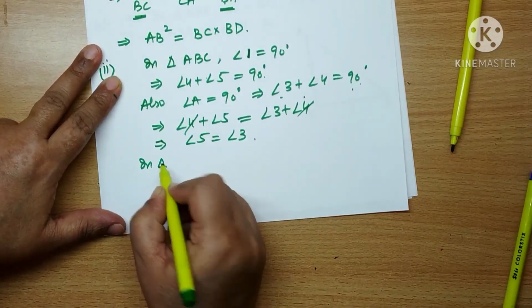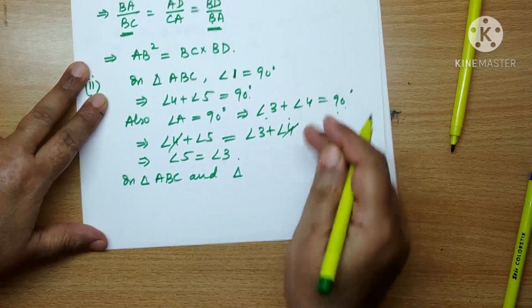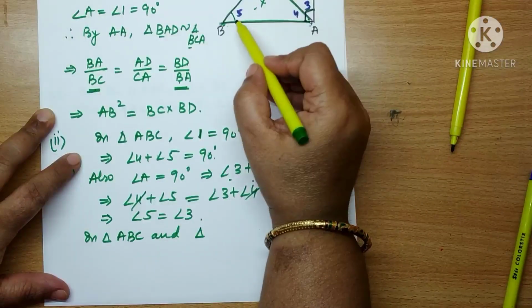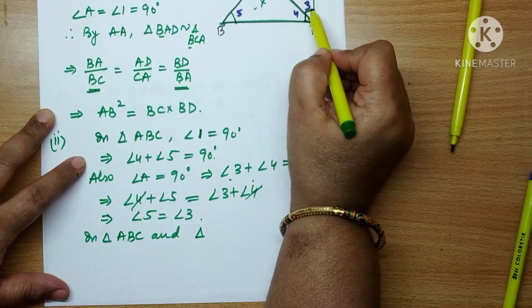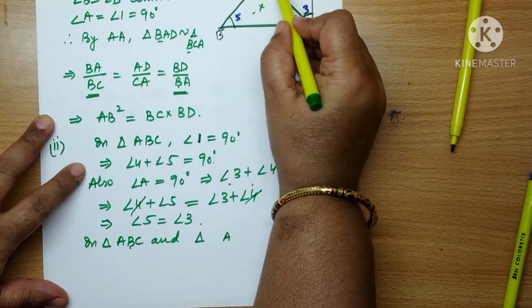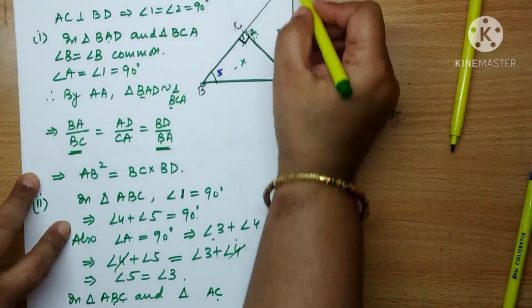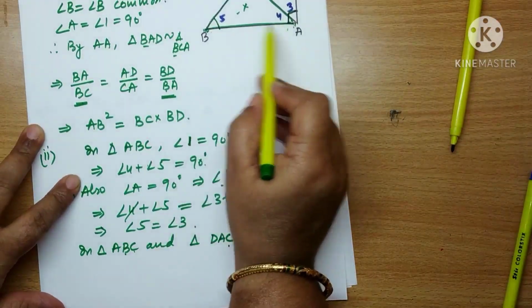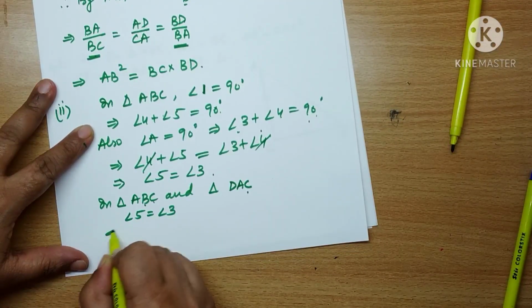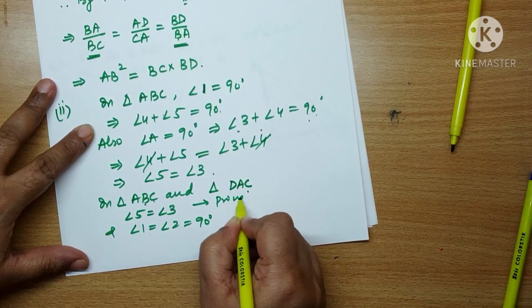Now in one of the triangles we are writing ABC. The other triangle we need to write the names carefully, right? We have 5 equal to 3. 5 is B, equal to 3, 3 is A here. So B and A will go, right? Angle 1 and 2 are 90. So C vertex will go with C. C will go with C. So the remaining vertex is A. So we have ABC and DAC. In these, angle 5 equal to angle 3 and angle 1 equal to angle 2 equal to 90. This we proved above.